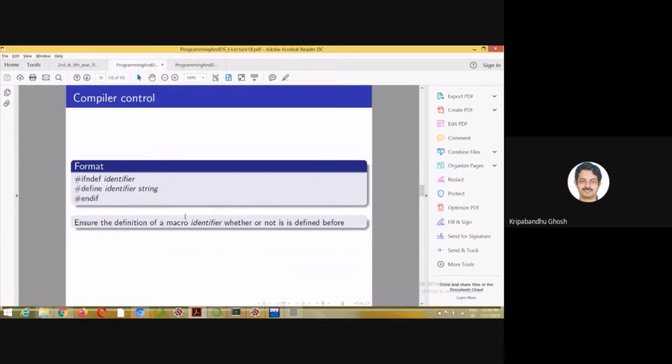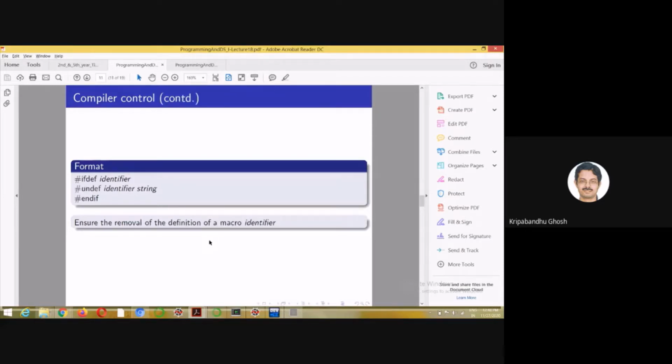And there is something called compiler control also. Here, if some identifier, say pi, is not defined, then you can define it. So #ifndef pi, for example, then #define pi 3.14, #endif. This ensures that the definition of a macro identifier is actually done.